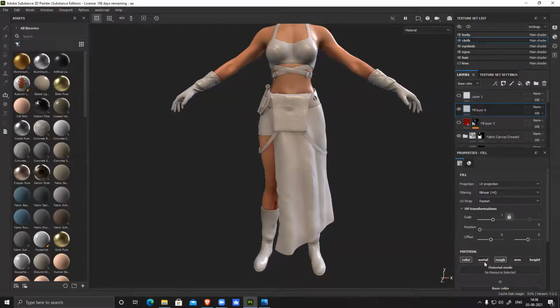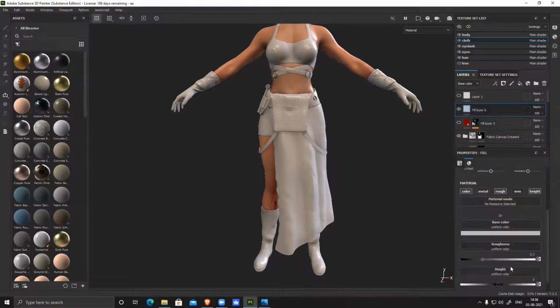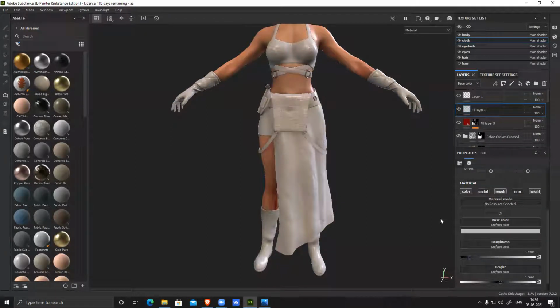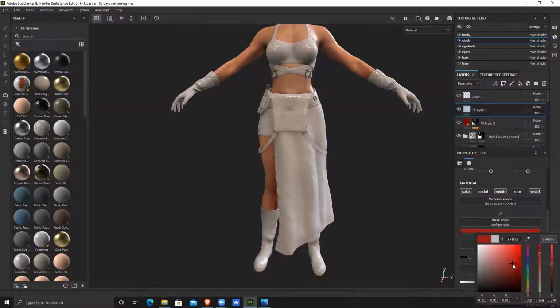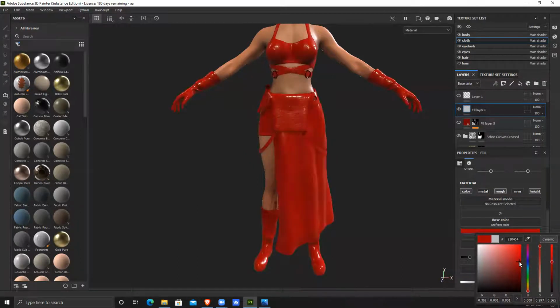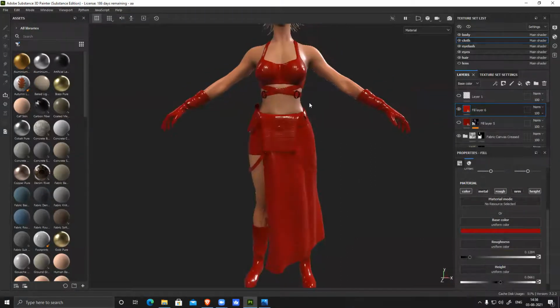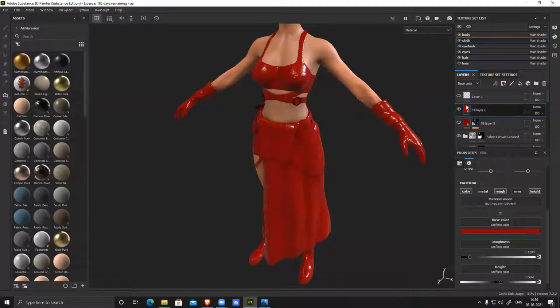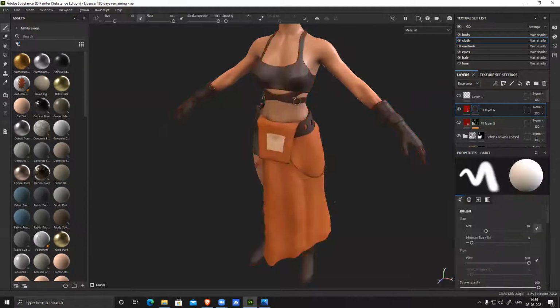So what I did here is I just took a normal layer, color and roughness. I guess height. No, height is also slightly there. Yes, and height, I added slightly. Roughness I made quite glossy, and the color is a little deep crimson kind of red, glossy. Then right click, added a black mask.